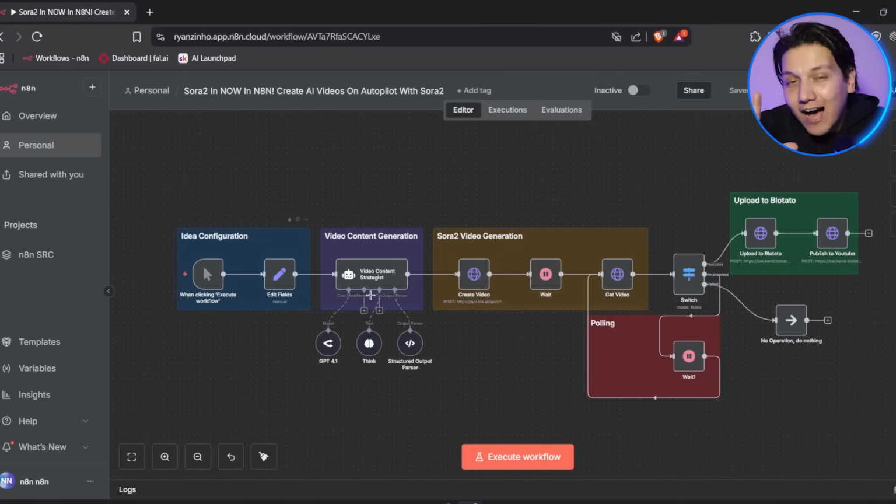So guys, let me just give you a quick little overview of how all of this works, okay? So this workflow runs in 5 connected stages, okay? It begins with a manual trigger, so you're just going to click on execute workflow in N8N, and the process starts. Then your topic ideas and the aspect ratios are passed into the AI video content strategist, which generates a detailed